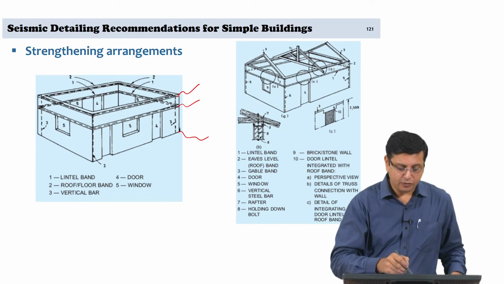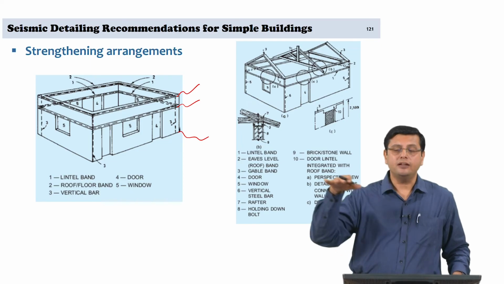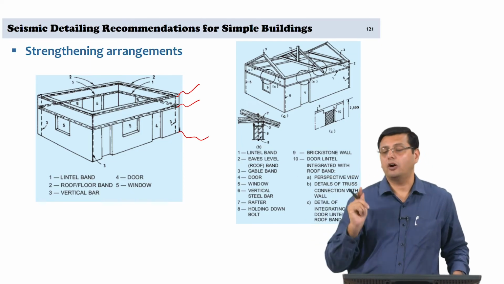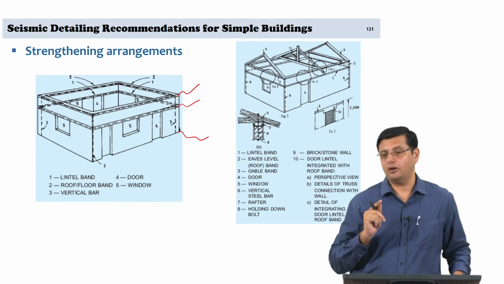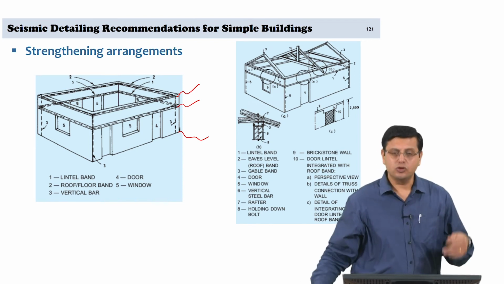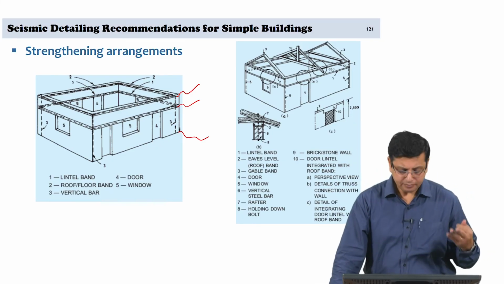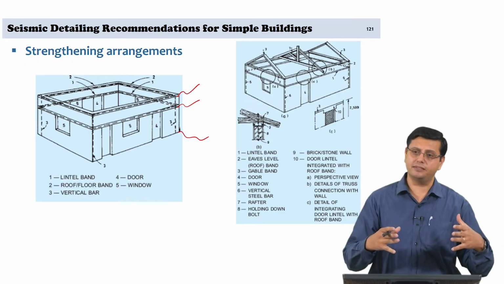And finally, where you have a transition between the horizontal resisting element and the vertical resisting element, a horizontal roof band or a floor band is provided. So, minimum 3 bands are required and you will be able to have desirable performance in keeping the masonry structure